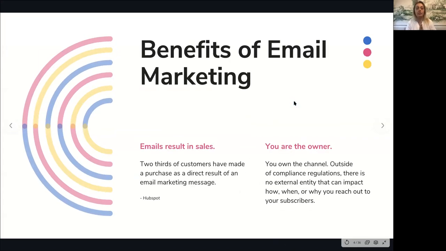Email marketing also has some great benefits, but I'm going to stick with two of them. Okay, emails result in sales, period. Emails result in sales, and there's tons of data that you can go find on Google, lots of studies, but emails create sales. People open their email daily, and if you have a catchy subject line, they're going to open that email, and if your product or service in there interests them, they're going to click on that, and it will create a sale.